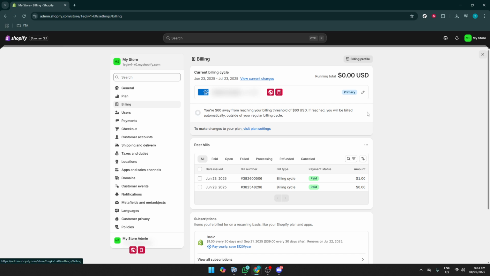That's it. You've successfully understood how to remove PayPal from your Shopify checkout process. Remember, making changes to your store's payment options can greatly affect customer experience, so choose wisely and consider what will best serve your